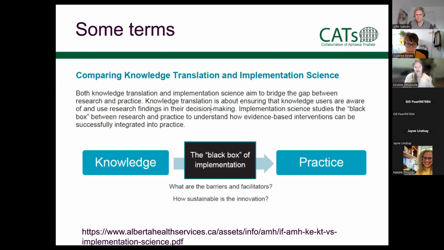So really, I'm just trying to understand that black box. Knowledge translation is looking at translating or implementing, sometimes used interchangeably, knowledge into practice, but the implementation science bit is trying to understand what and how. So if you ever think, what is it again? Maybe think of the black box. And unfortunately, there's no easy answers. What's in the black box? We're still trying to work out. So if we go into the next slide, thanks, Jutta.